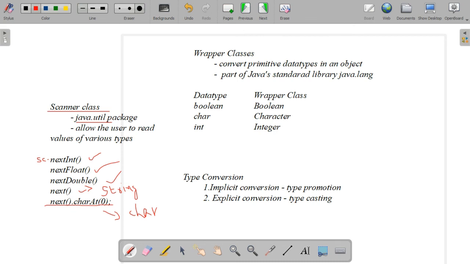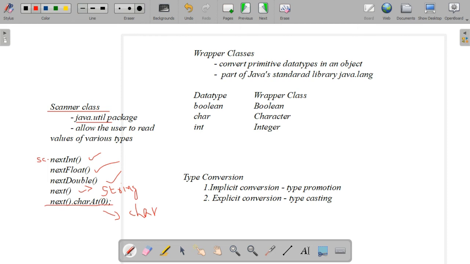Scanner breaks input into tokens using white space as the default delimiter. Then the resulting tokens may be converted into values of the different primitive types that we have mentioned here. sc.nextDouble() means it is converted into the double data type. White space can be a blank space, tab space, carriage return or end of file.